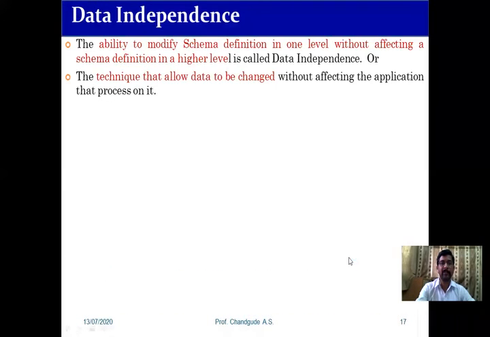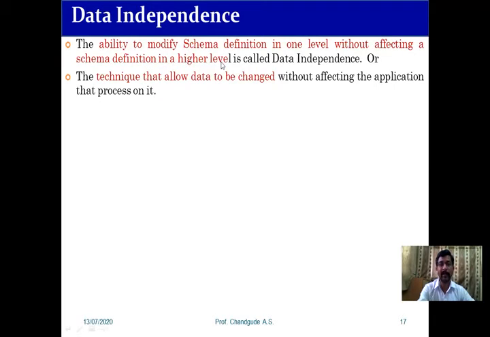Which means the ability to modify a schema definition in one level without affecting a schema definition in a higher level is called data independence. Understood? And here, schema means the overall logical structure of that particular database, which is called a schema. So indirectly, data independence means the ability to modify a schema definition in one level without affecting a schema definition